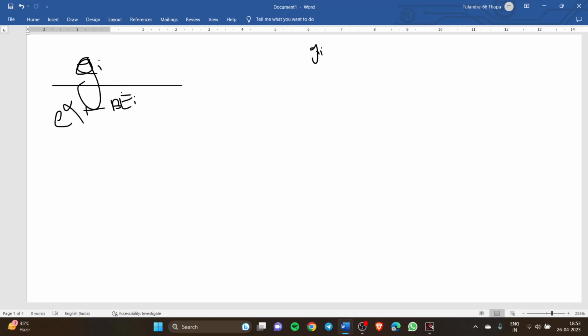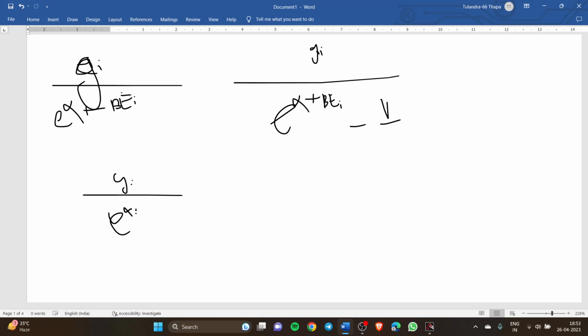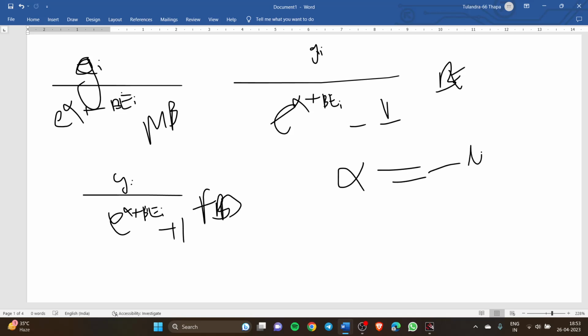The second is g_i upon e to the power alpha plus beta e_i minus 1, for Bose-Einstein, and g_i upon e to the power alpha plus beta e_i plus 1 is for Fermi Dirac. And now we also have the value of alpha as minus mu upon kT, and the value of beta as